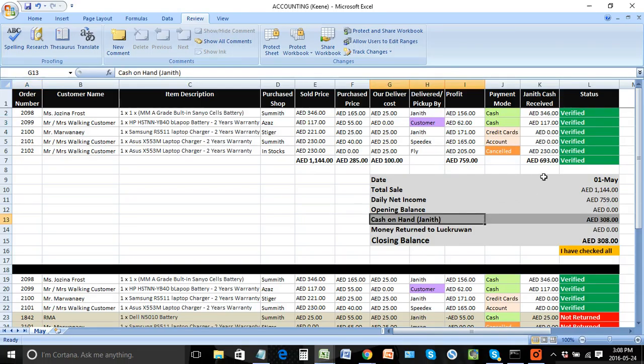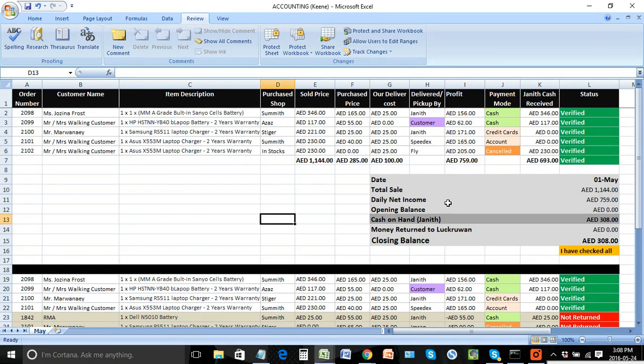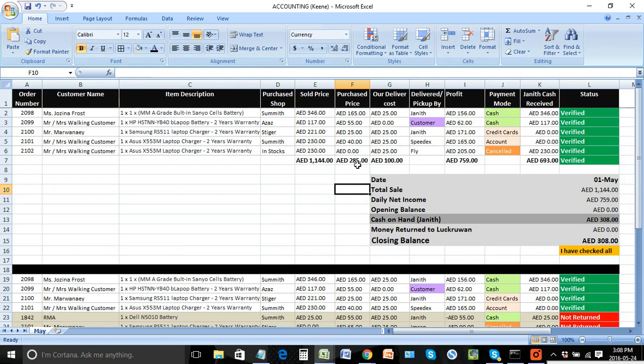Now here, as I said, verify. You need to make sure it's verified. I think time is running out, so I'll make it quick. And here, once you verify everything, you need to verify this section, making sure that everything is according to the right order. You just do this quickly, making sure everything is verified, so all the numbers are correct. You have to do that, even though it appears automatically. And now everything is done, so I just click on verified. Obviously, it's verified because I did it, so you have to select verify, and then make sure